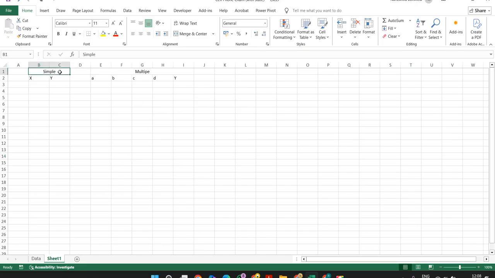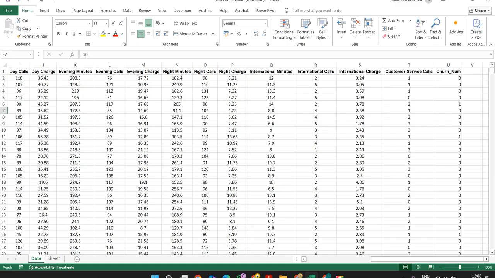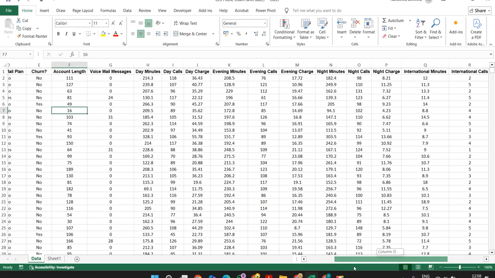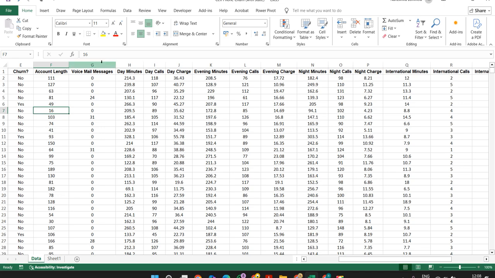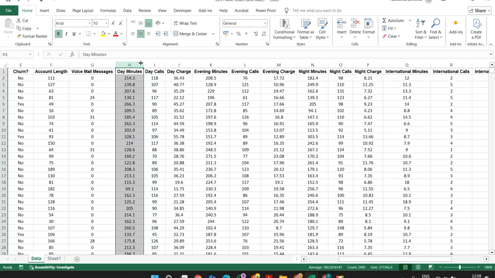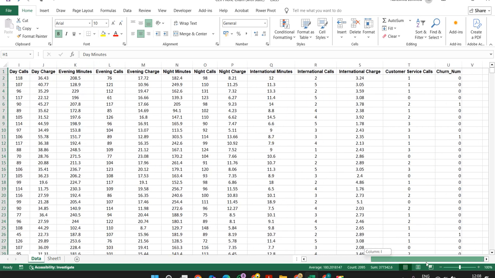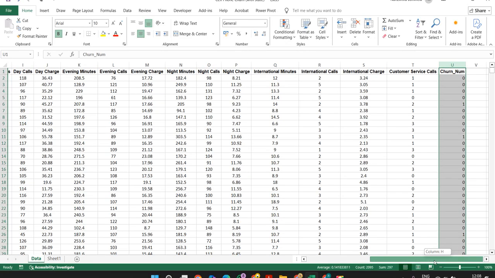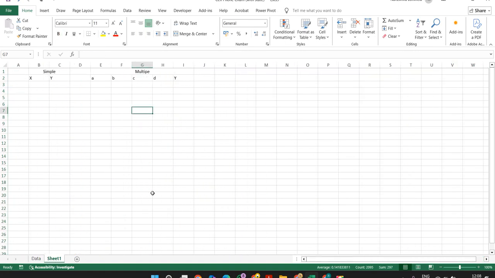Already yesterday, maybe in the work you completed on statistical regression analysis, you might have used this. So what is the purpose of using simple regression? Say for example, I have a query like minutes: whether minutes impact churn or not. So how will it be impacting? If a regression value is increasing,